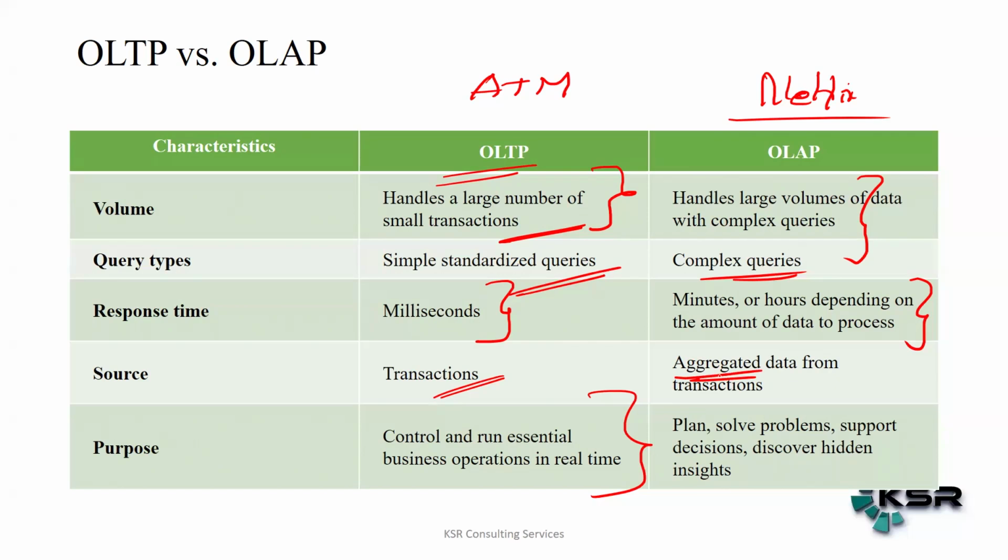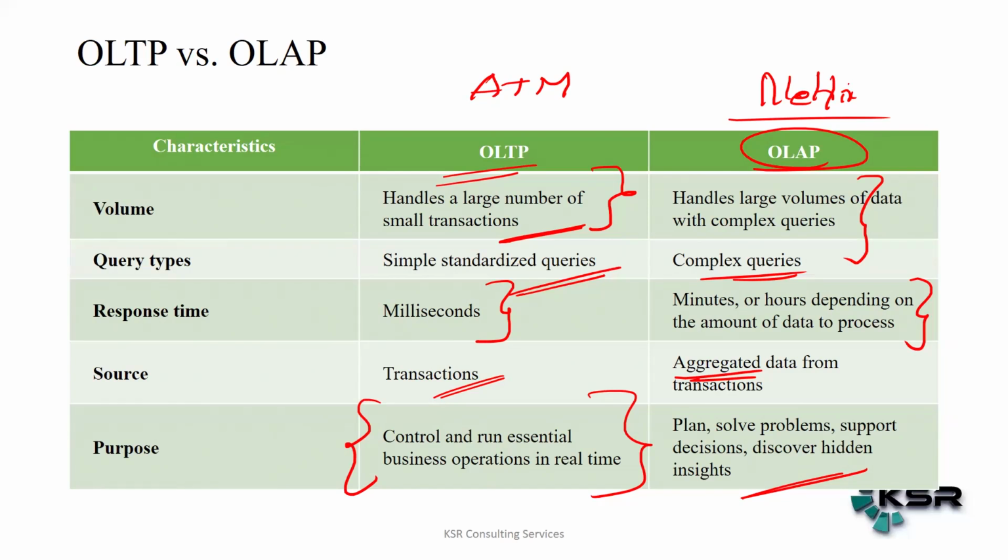It will tell how many times he has logged in, how many times he has watched a movie, how many times he has come here. All this will be aggregated. And this OLAP system is basically for decision making and problem solving, providing recommendations. The purpose is to improve the business. But here it is for normal business activities, whereas here the whole app system is for analysis purposes,